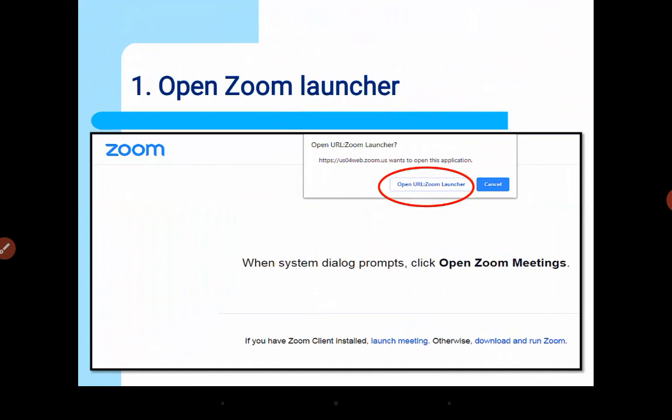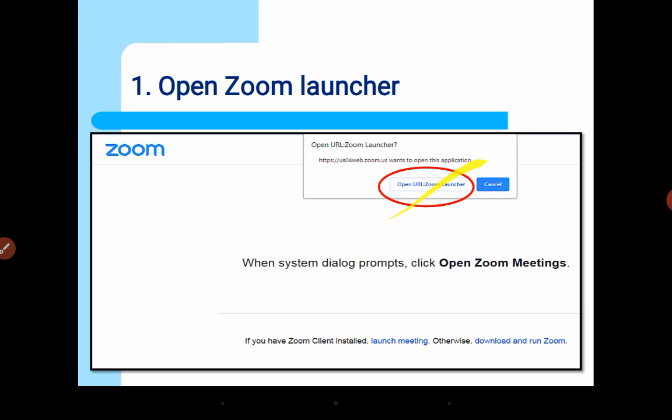You can either open the Zoom launcher, or you can download and run Zoom. You can download the Zoom application, Zoom software for Windows and iOS and Android also if you are using a phone. If you are using laptops, you can use it for Windows, or if you are using a MacBook, you can go for iOS. So you can do either of these two things.